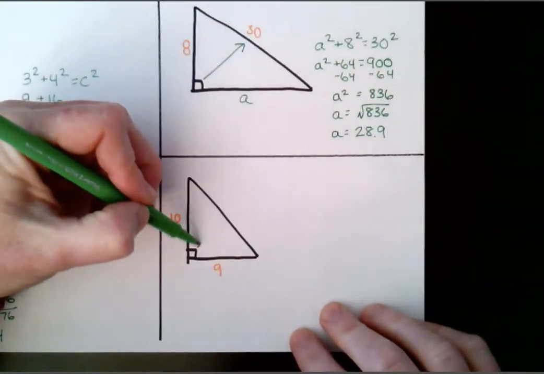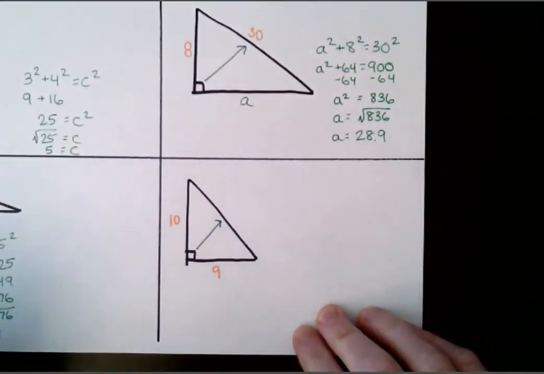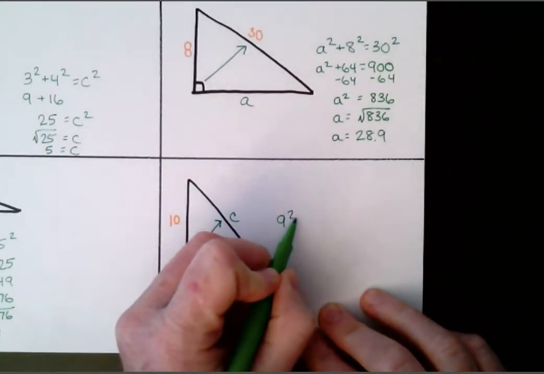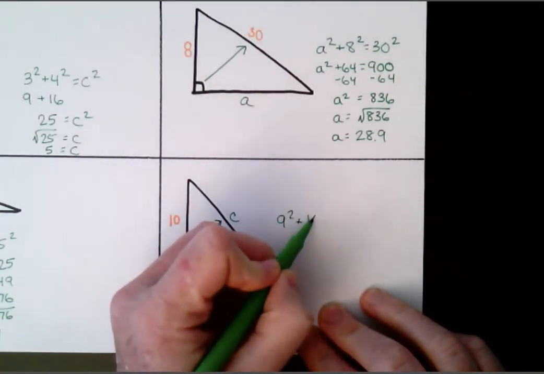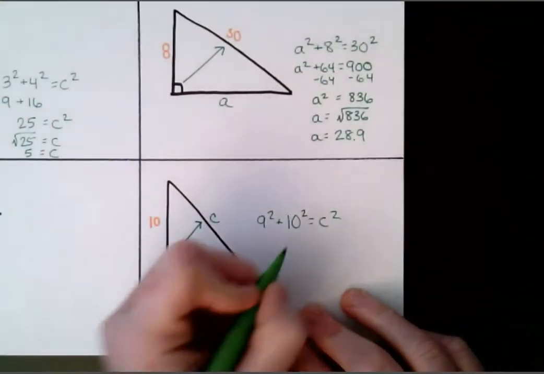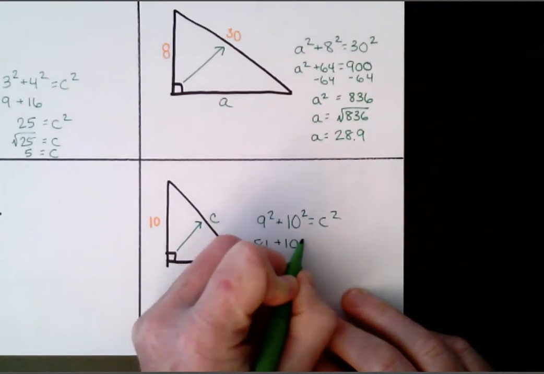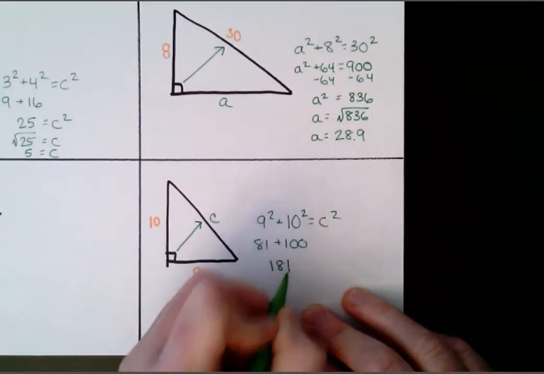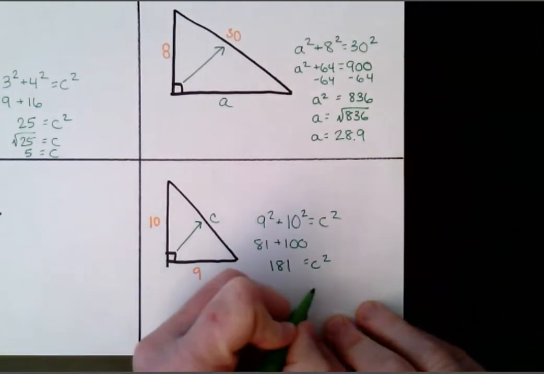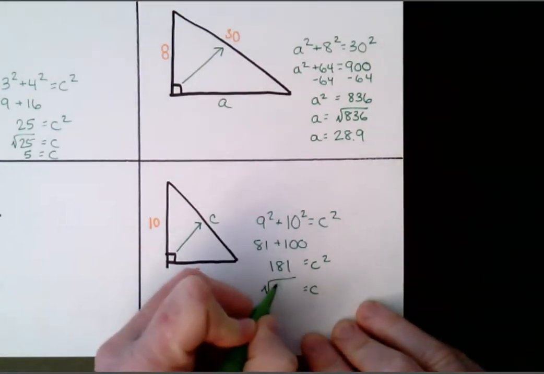Okay, last problem. This time we're looking for the hypotenuse, so we're going to call that C. So we have 9 squared plus 10 squared is equal to C squared. 81 plus 100. 181 is equal to C squared. We take the square root of